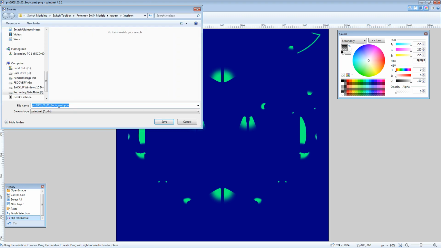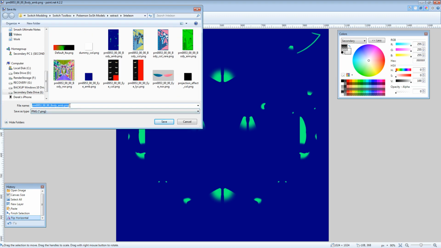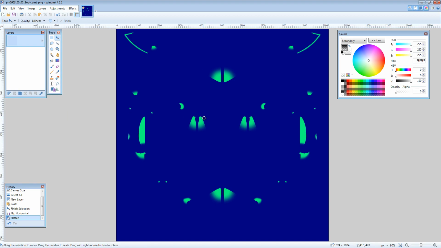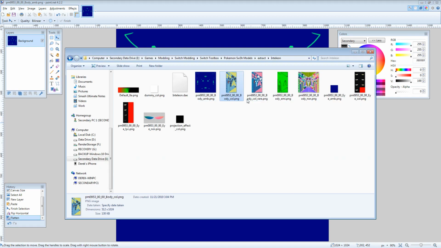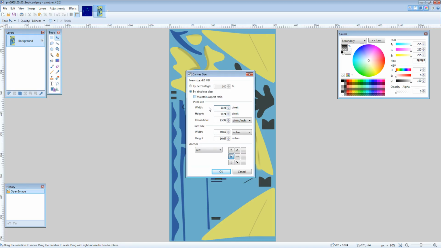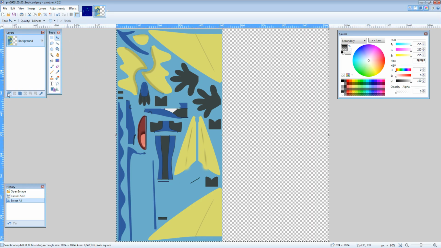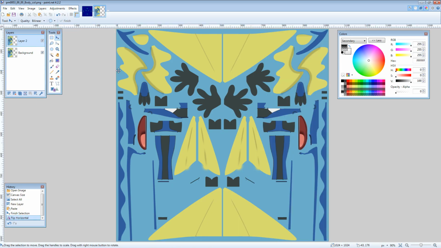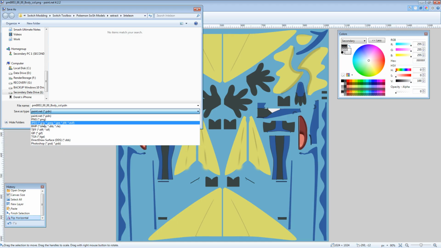So we're going to go ahead and just save it as the PNG and just overwrite the file. Make it easier on ourselves. And then we're just going to keep doing this. So canvas size 1024. Let's double the width. Select all, copy, new layer on top, paste, flip. I'm not sure if you can hear that engine out there. Anyway,